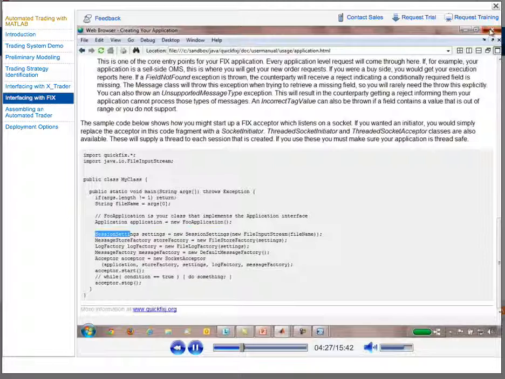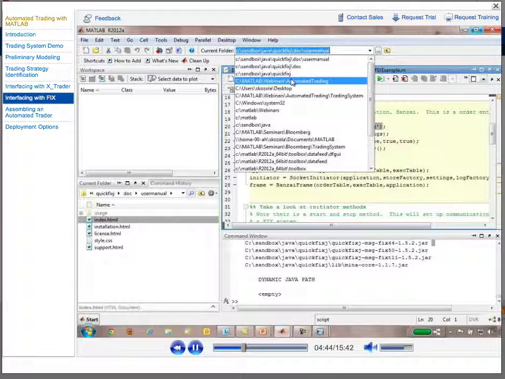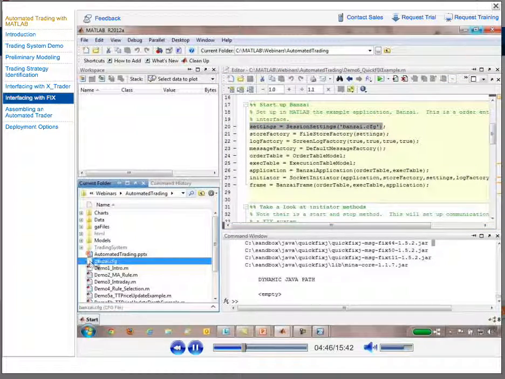Now I can reproduce the whole thing in MATLAB really quickly using essentially the same type of syntax. So I'm creating a session settings object. Let's go ahead and execute this one at the MATLAB command line real quick. And I'm sending it the Bonsai config file. Now what's in the Bonsai config file? Well, I actually need to be back in my automated trading folder. But if we look at the Bonsai config file,